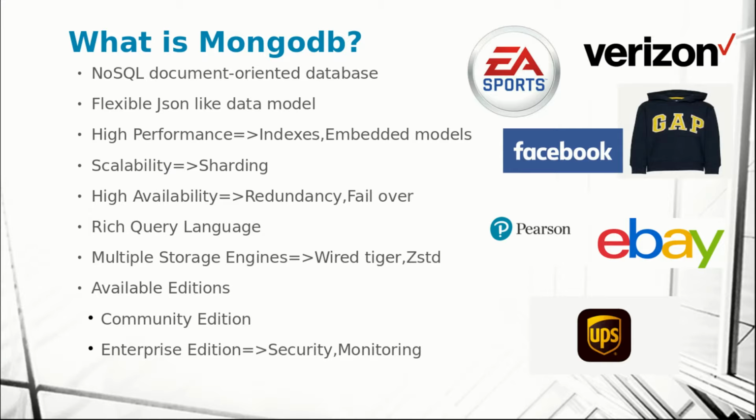Now if you take a relational database like PostgreSQL, MySQL, data is stored in row column format in tables, right? But in a document database you don't bother about relationships. Simply you store all the information in a single document, and it is a NoSQL database. Simply it is a not only SQL database, it has more features than you get from a traditional relational database environment, and it has a flexible JSON like data model.